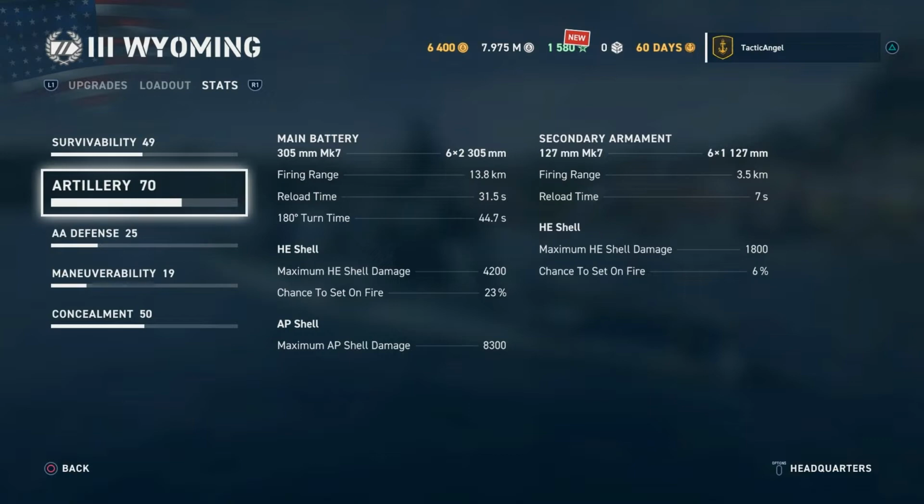You will notice that this Wyoming does have AA defense. The Wyoming has absolutely none. Right now that doesn't make much of a difference whatsoever. In terms of artillery, these are very similar. They are both shooting